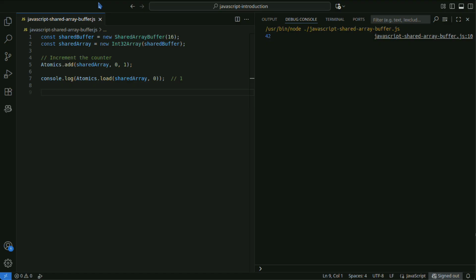When using SharedArrayBuffer, there are situations where a worker needs to wait until a certain condition is met, and once another worker fulfills that condition, it needs to notify the waiting worker. In such cases, Atomics.wait and Atomics.notify are useful.